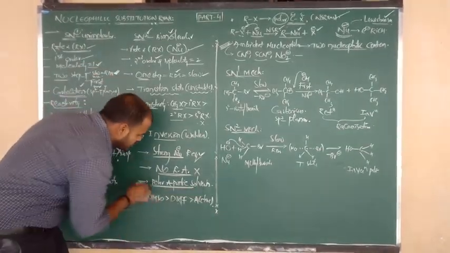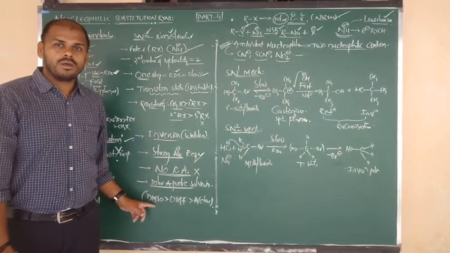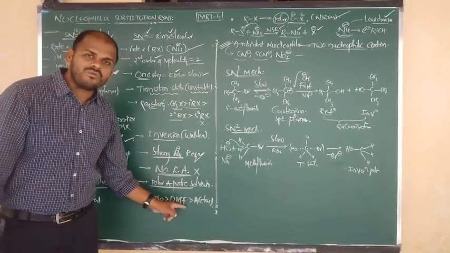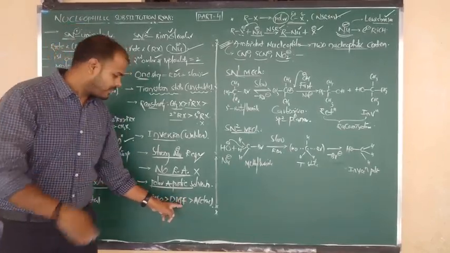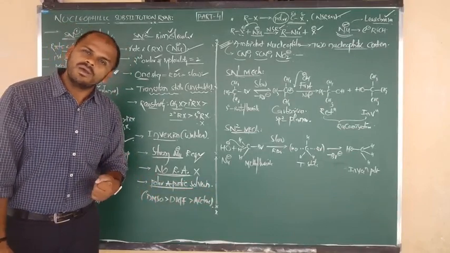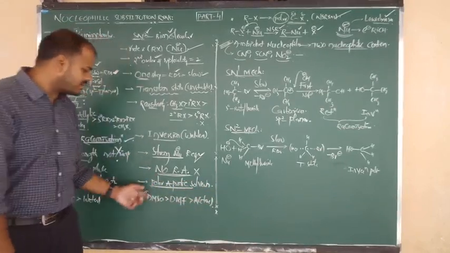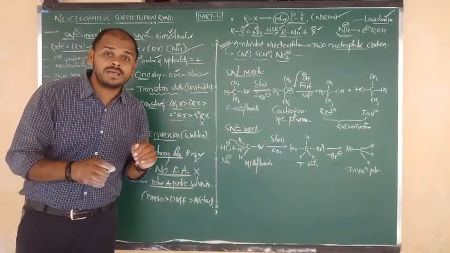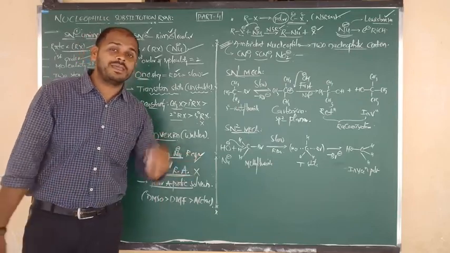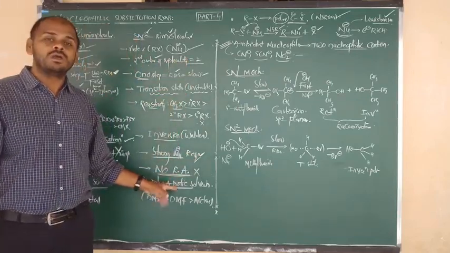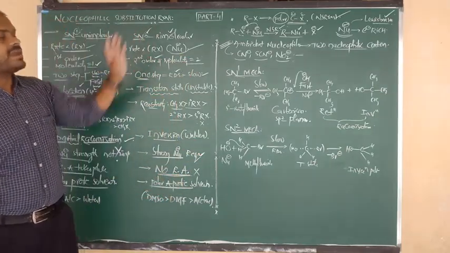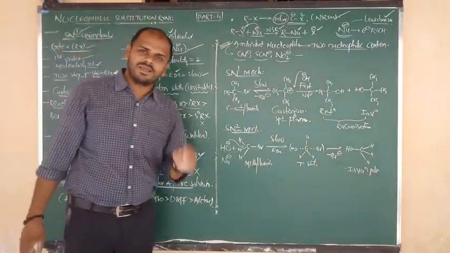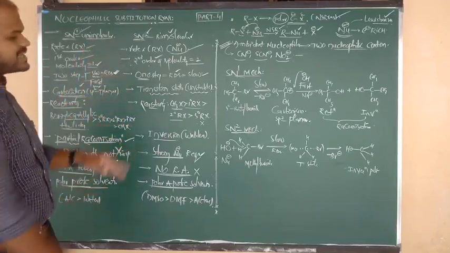And polar aprotic solvents like DMSO, dimethyl sulfoxide, DMF, dimethylformamide, and acetone, CH3 double bond O CH3. These three solvents are the polar aprotic solvents. They have polar nature, with plus and minus opposite signs, but they are not ready to donate the H plus, meaning aprotic nature. So polar aprotic solvents favor the SN2 mechanism, and polar protic solvents favor the SN1 mechanism. So these are the differences of SN1 and SN2.